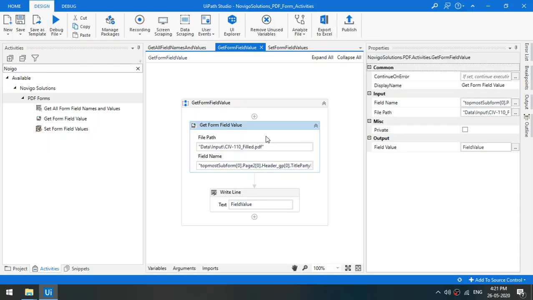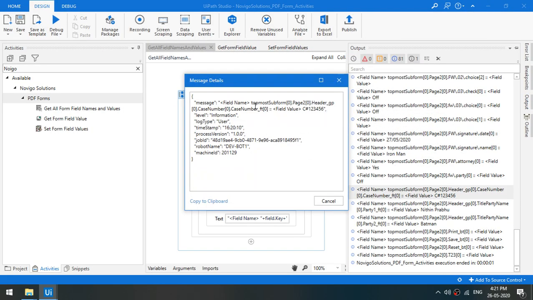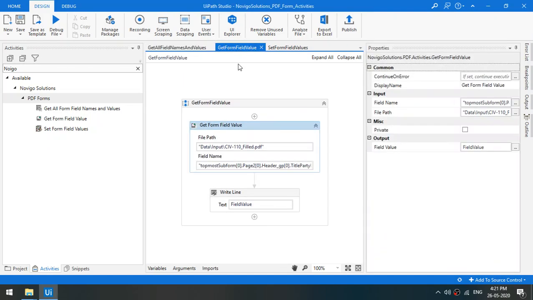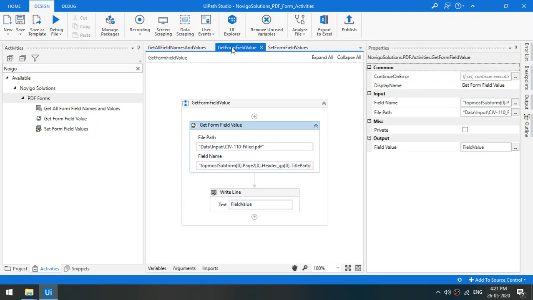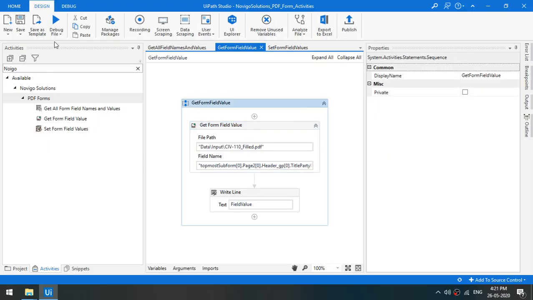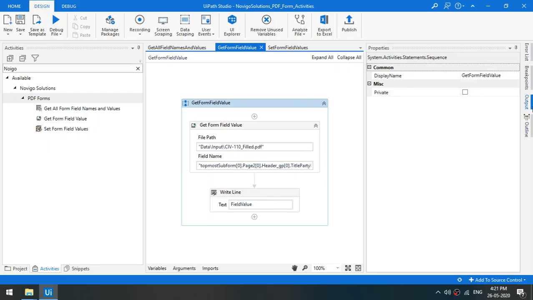So here I have placed the activity and read the same PDF file we just saw earlier, and I've printed out one of the fields from the output of the first activity. I just took the field name from here and placed the field name here. These field names are the ones which are generated by the first activity. It's recommended you use the same unless getting to know it from the UI of the PDF is not possible. So that's why this activity was built. So let's run this sequence. So we have the output.